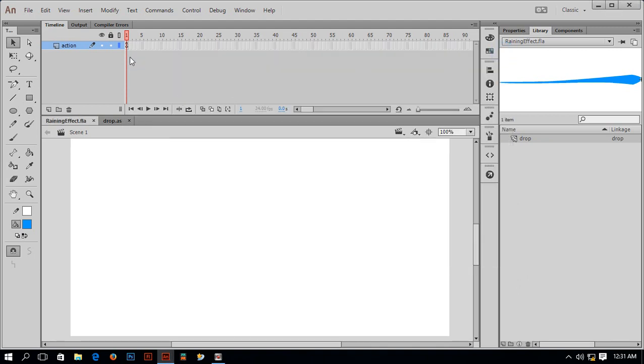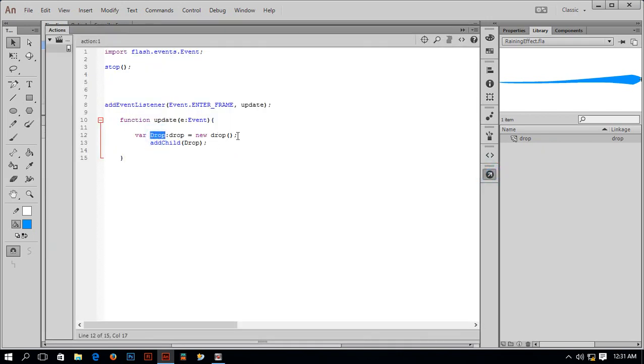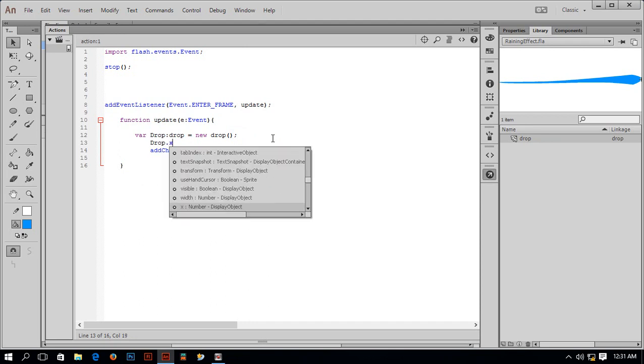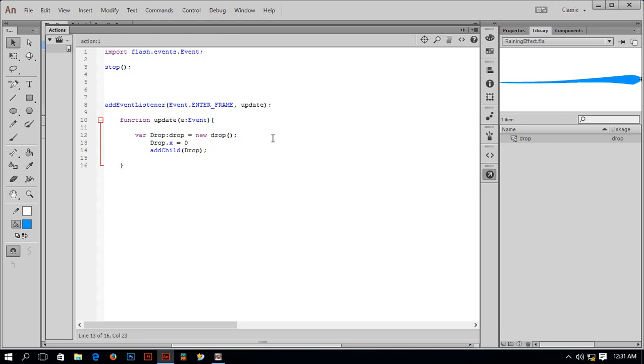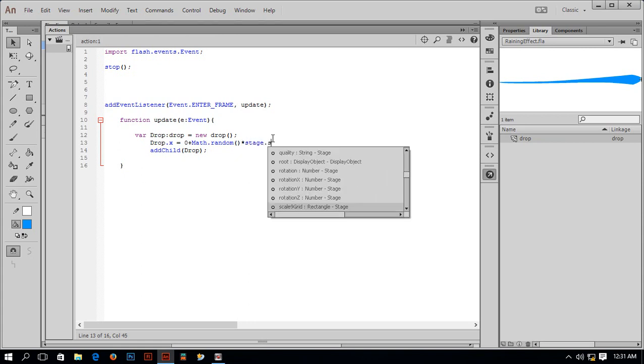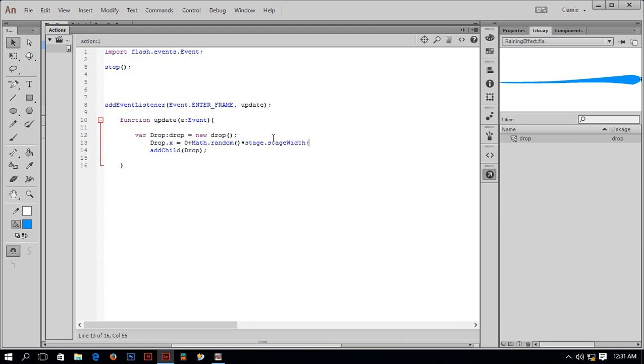So go to my main FLA and change this drop position to drop.x equal to 0 plus Math.random() times stage.stageWidth, and drop.y equal to 0